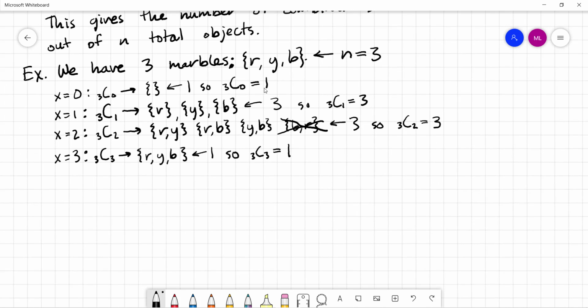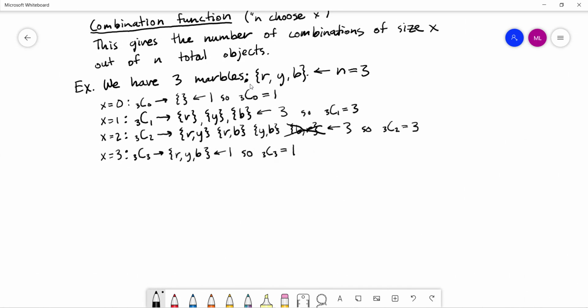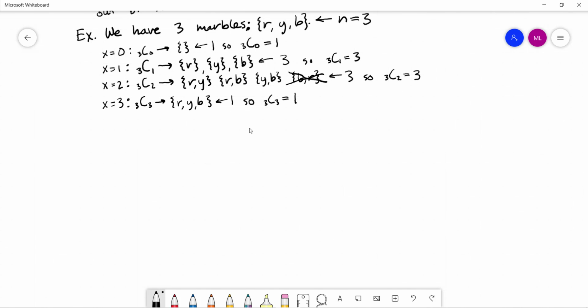And so we found that basically there's only one way to pull out none of the marbles. There's 3 different ways to pull out just 1 marble. There's 3 different ways to pull out 2 marbles. And then there's only one way to pull out all the marbles. And we can extend this